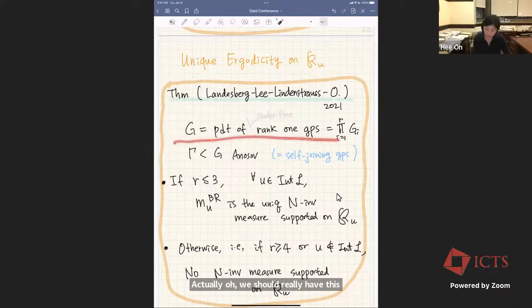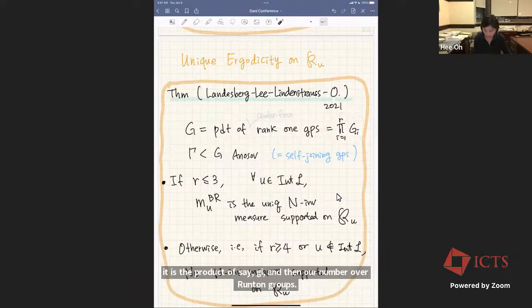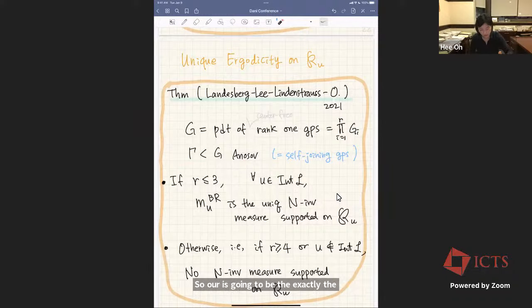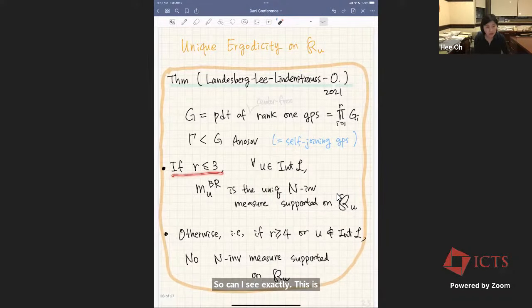So consider the product of rank 1 groups. It is the product of, say, G_i, r number of rank 1 groups. So r is going to be exactly the rank of G. So far, of course, I was all the time assuming Gamma is Anosov, but since I'm now considering the product of rank 1 groups, I can be more specific. So Gamma is exactly this self-joining of convex cocompact groups. Then if the rank is at most 3, so if the rank is 1 or 2 or 3, for instance, you can consider the case G is the product of 2 PSL2(R) or the product of 3 PSL2(R). Okay, so in that case,